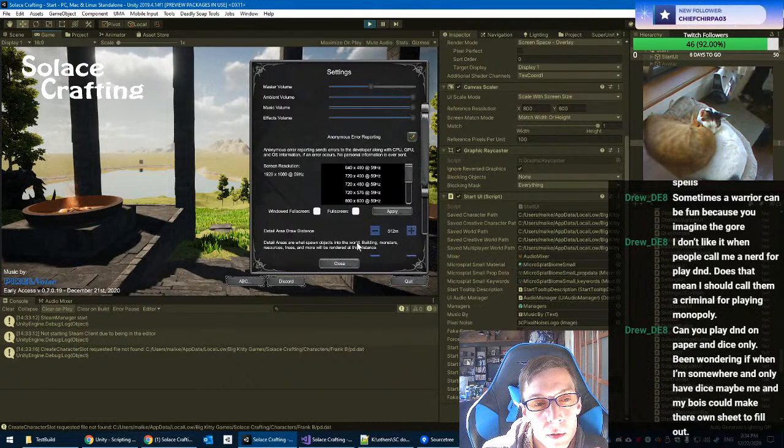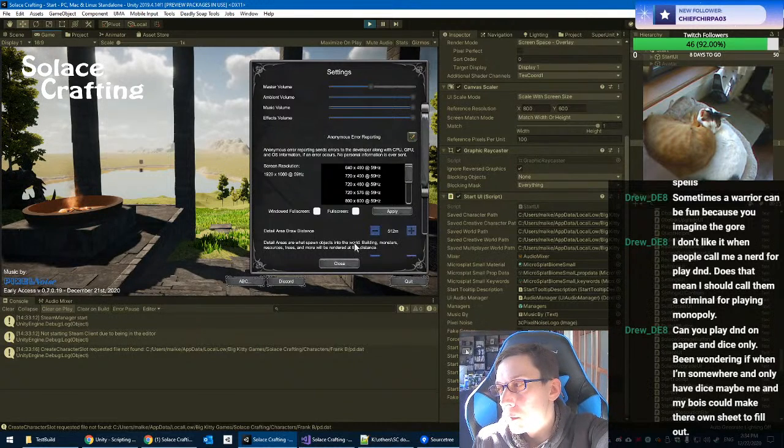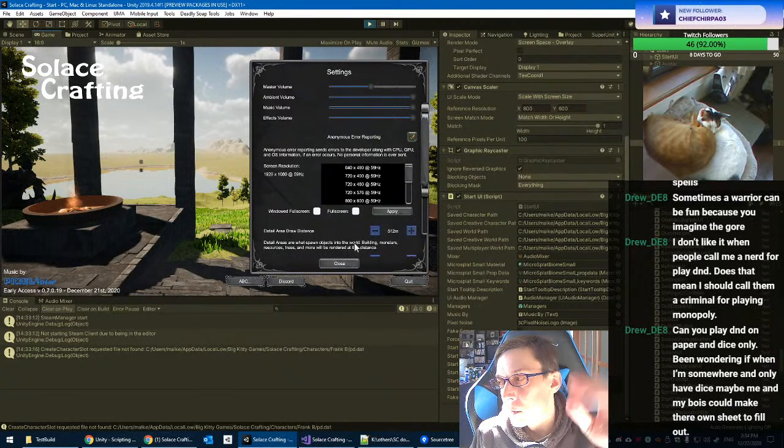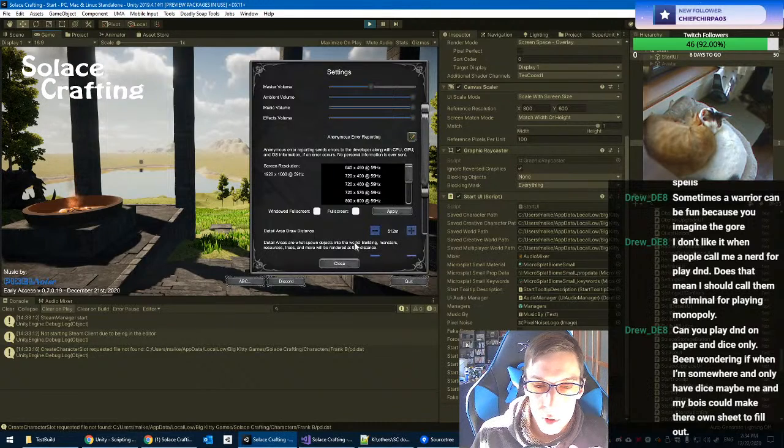You can just say, I'm going to move up this way, I'm going to move up that way. We're using Roll20. And it is nice to be able to have, you know, my guy can move 30 feet, so that means that I can move up to here, and this goblin can only move this far, and no, you don't have line of sight right now, and stuff like that. But,